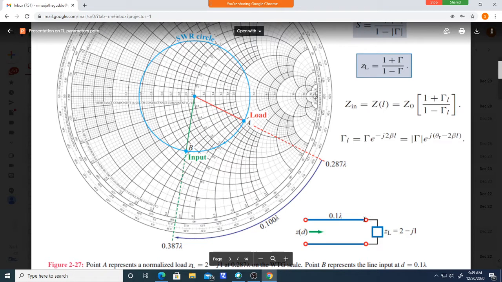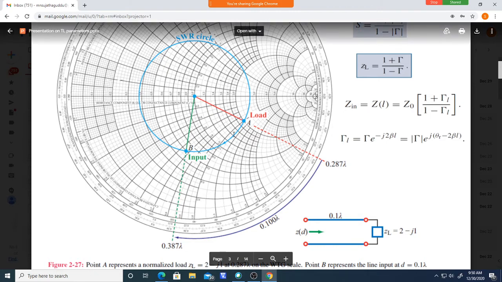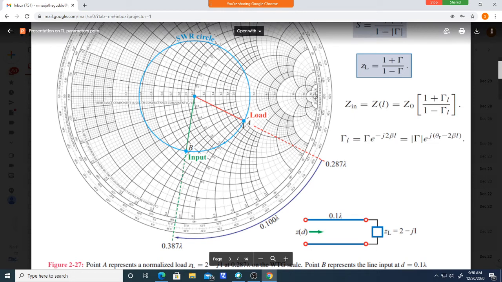Now if you want to see the impedance variation over a transmission line, you can see that from the Smith chart. Because you started from the load, we are moving like this, and you can observe the impedance variation. You can read the impedance here because it is an intersection of the 1.6 circle and a reactance circle of some value, 1.1 or something. Like that you can read the impedance here, and also we can read the distance.